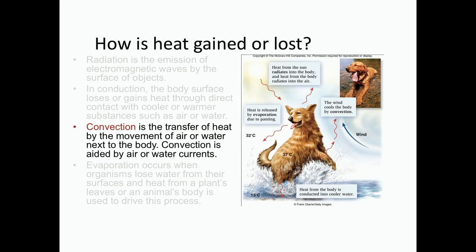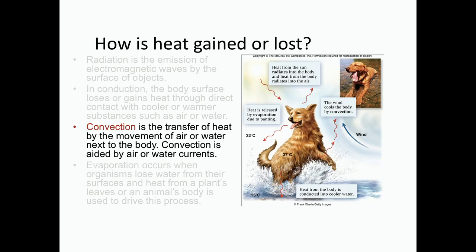Another way that heat can be transferred is through convection. Now, convection often goes along with things like radiation. It's transfer of heat by moving air or water. So you may have something called a convection oven in your home. This uses radiant heat to heat the oven, but there's also a fan, and what the fan does is it blows that energy around within the oven and actually helps to maintain a more consistent temperature within that oven, more efficiently heating the food that you might be preparing in that oven.